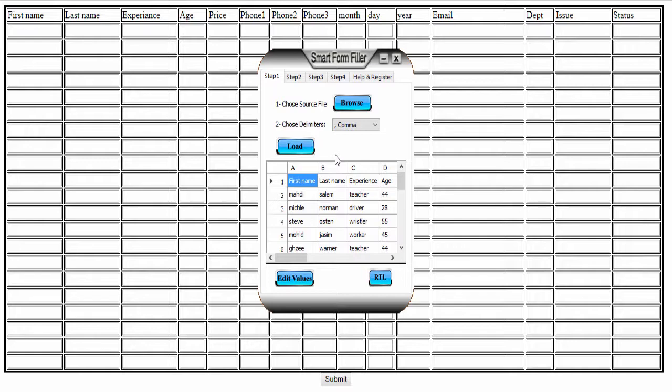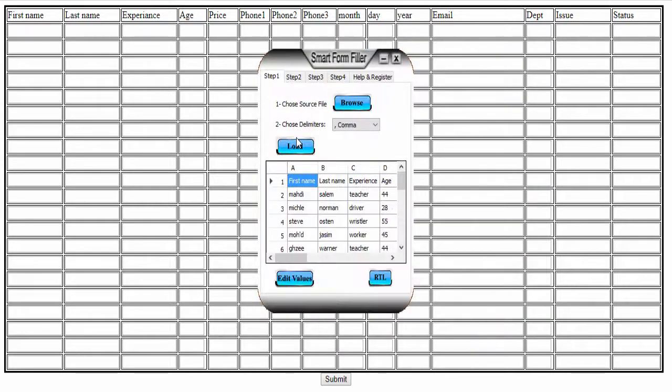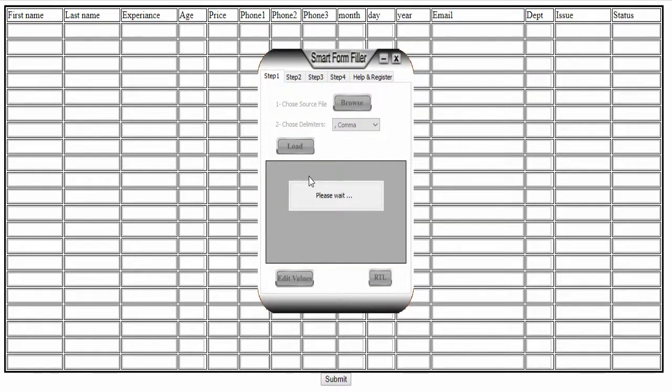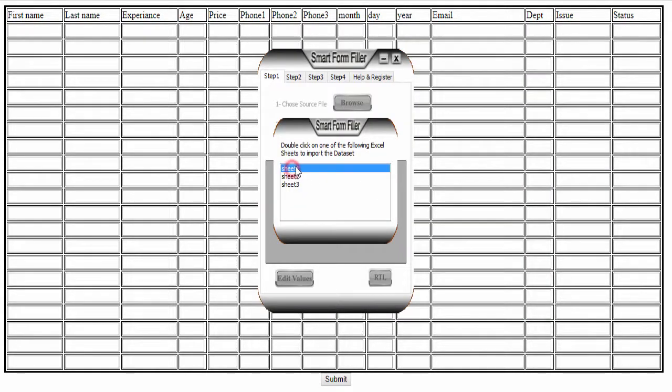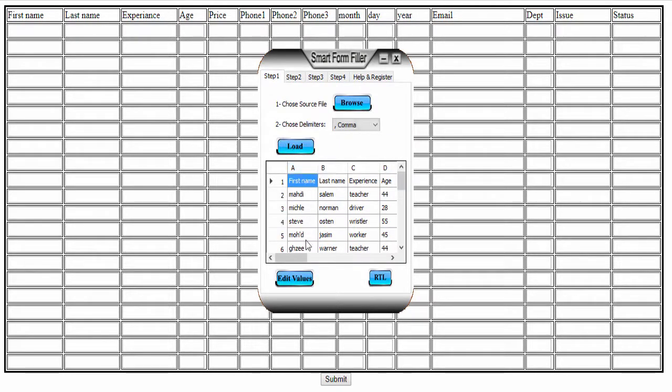As for Excel files, there will be no delimiters between values. You only need to select the datasheet you want to import by double-clicking on its label as shown. From this tab and before proceeding to the next step, you may want to use the data editor by clicking